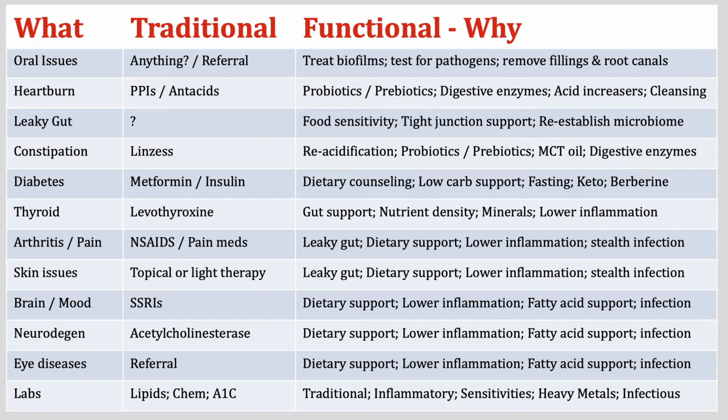It's not an excess acid in the stomach. It's excess acid in the esophagus, mainly caused by insufficient acid in the stomach. So functional medicine understands that. We do an extensive GI map, for example. We're looking at tight junctions. We're looking at the microbiome in great detail. Constipation, leaky gut, thyroid. It's not always a T4 deficiency.